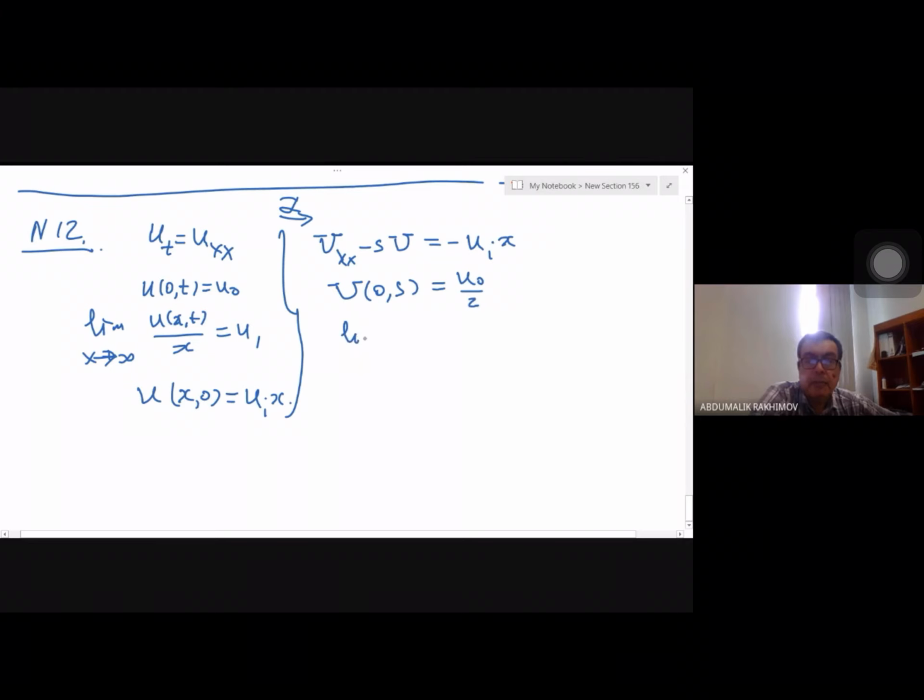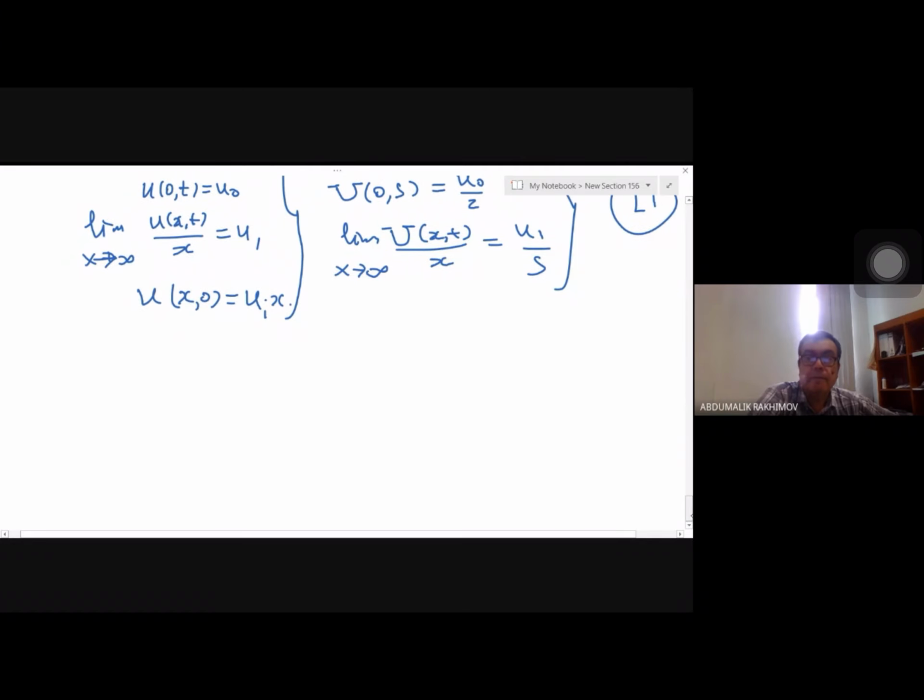And the limit when x goes to infinity of uxt over x is equal to u1 over s. The transformation of u1 is u1 over s. So this is a problem for capital U. This is an ordinary differential equation. We can use lecture number 1 and solve this as we did in the previous